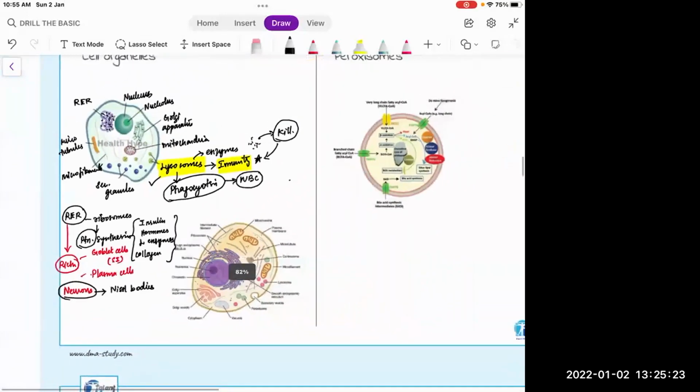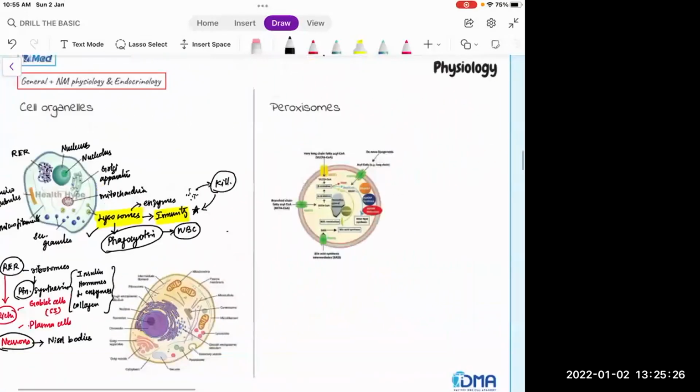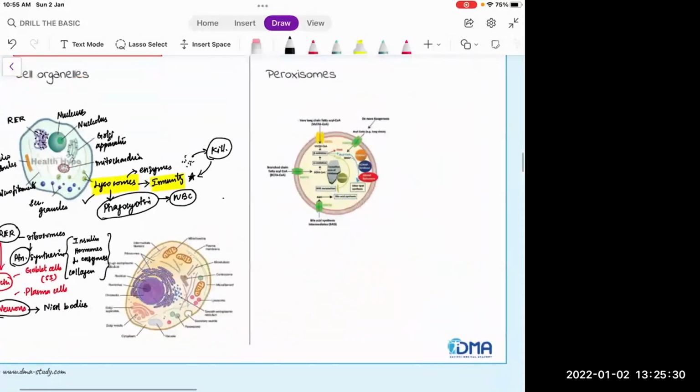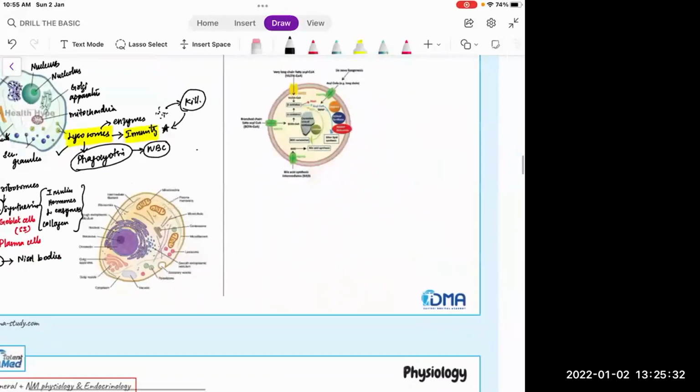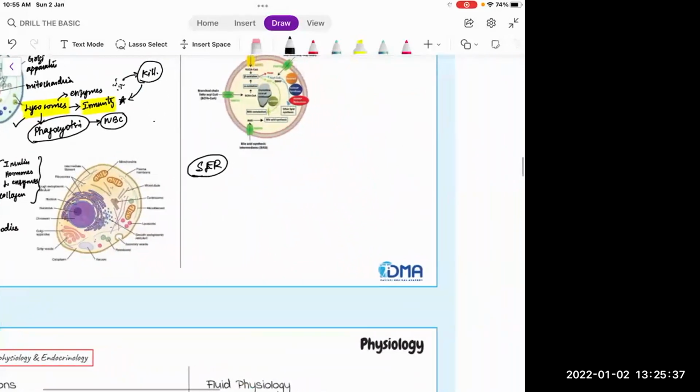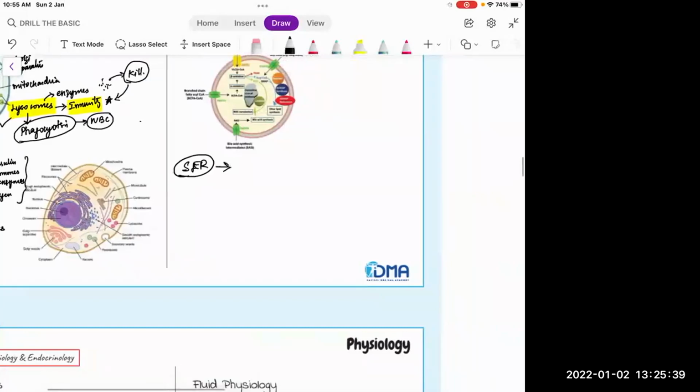And now moving on to the smooth endoplasmic reticulum. I will make a note over here of smooth endoplasmic reticulum. So smooth endoplasmic reticulum, as the name suggests, it is smooth, there are no ribosomes. So this is also involved in the synthesis of a few hormones, especially the steroid hormones. And it is also having its major role in the